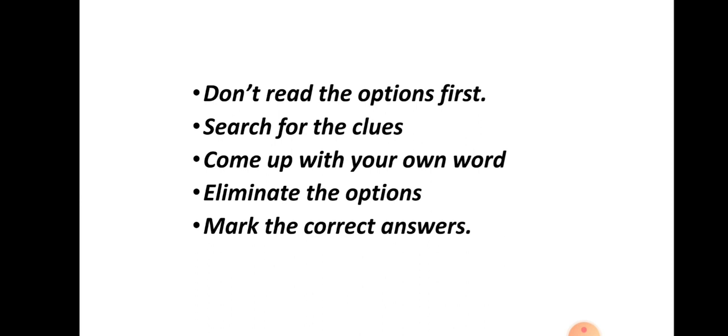And third one is come up with your own word. Once you understand the clue sentence, you need to come up with your own word. And if you can come up with your own word, if you can understand the clue word, and if you can think like, this could be the word, okay, that means you have understood the sentence well. Now you need to immediately look at the options. Now you need to search whether the word that you got in your mind is given in the option choices or not. If you do not find the same word, then there might be something which is similar to the word that is in your mind actually.